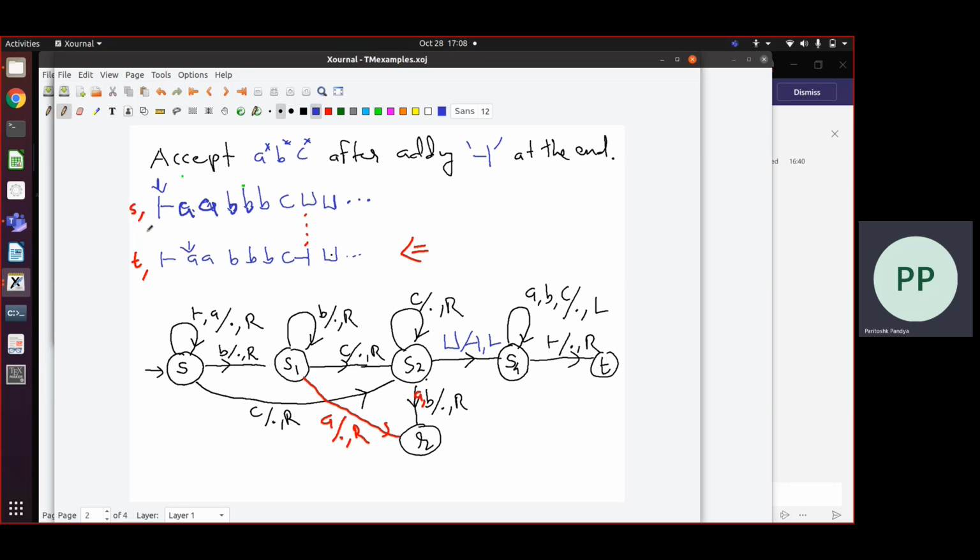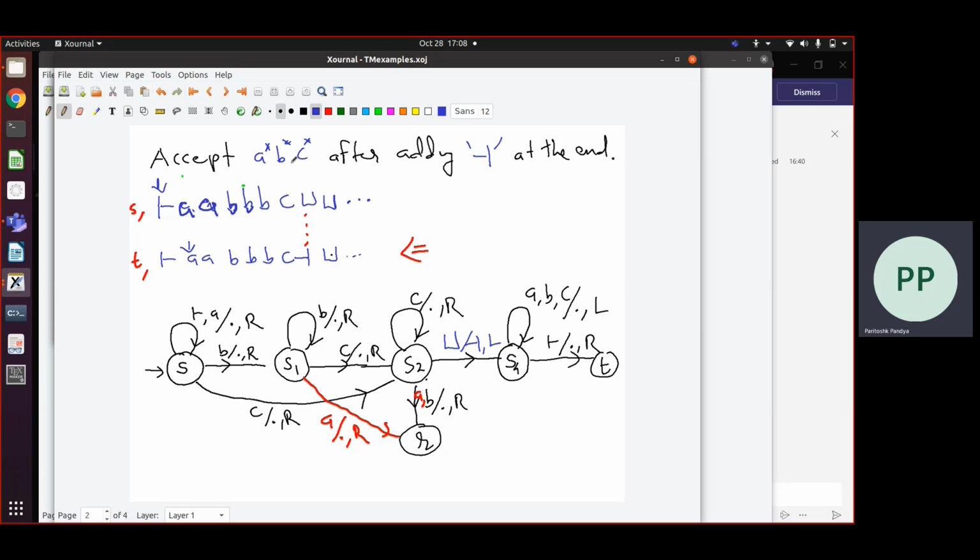Our aim is this. Our Turing machine will start in the start state S with the head pointing at the left hand marker. This will be the initial configuration for the string A, B, C. It should accept this string, turn this blank symbol into a special symbol called the right hand marker, and then bring the head back to the first symbol after the left hand marker. So the head should come here. You want a Turing machine which will go in a sequence of moves from this configuration to this configuration.